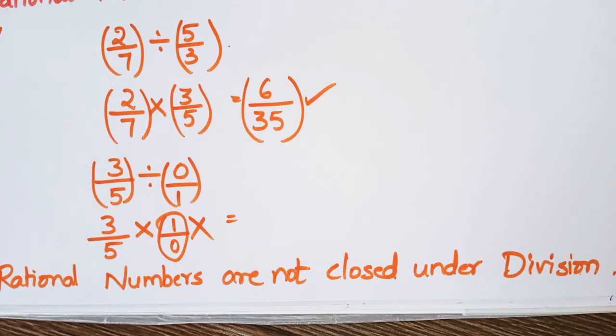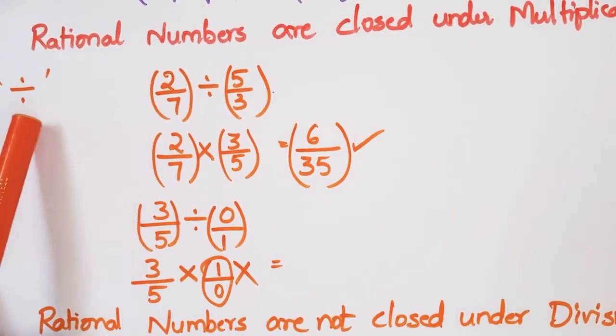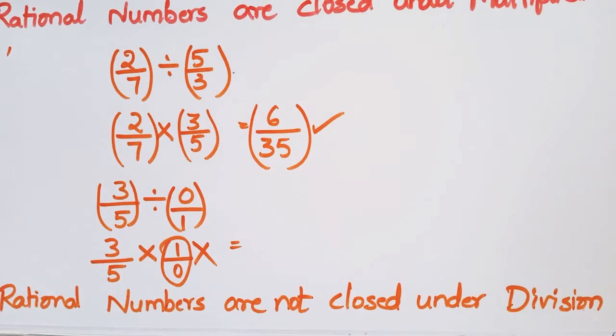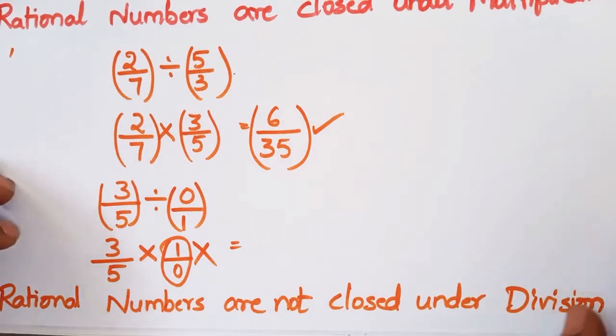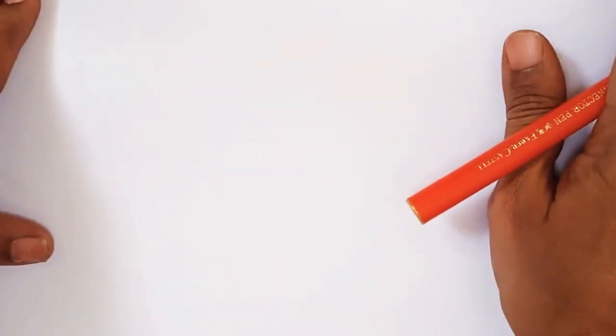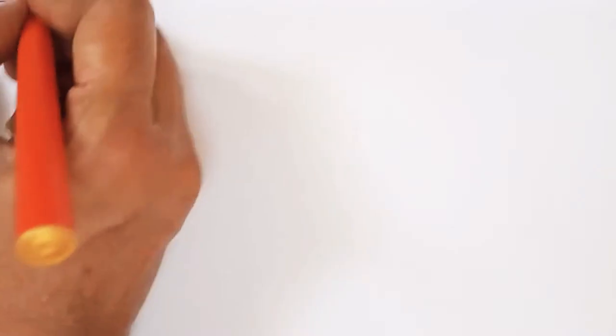We have checked it for addition, we have checked it for subtraction, we have checked it for multiplication, and we have checked it for division also, and we have got all our conclusions. But please do verify with various rational numbers at home. Okay? Now, let us go to the next property. Today, we are going to check another property. What is that property?